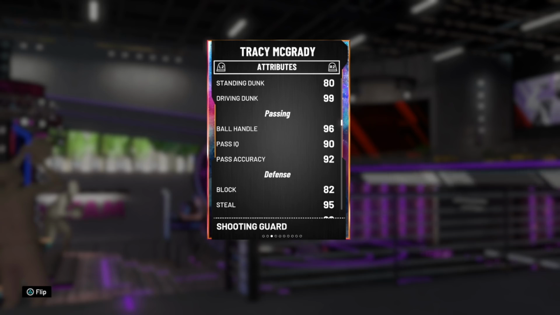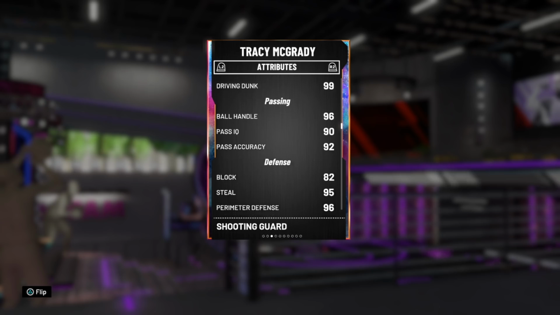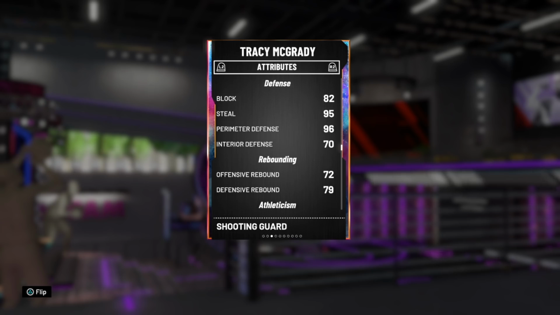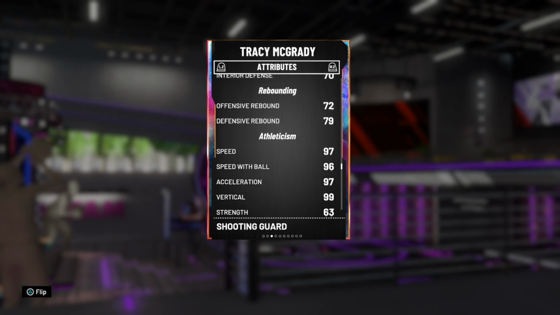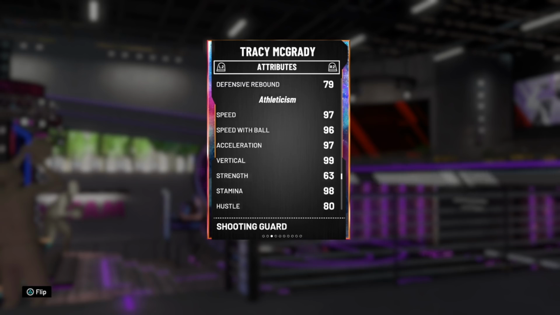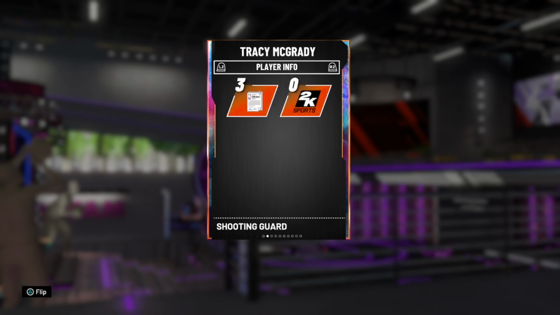Also, what's his name's base is really good. Gerald Wallace base / Dennis Scott. That base is really nice. But T-Mac has a 95 steal. He has got 96 perimeter defense, 97 speed with ball, acceleration. Again, the stats that matter. He's got all of them